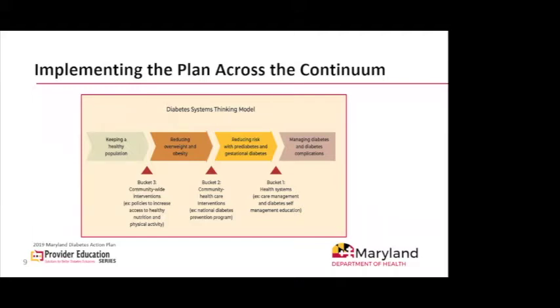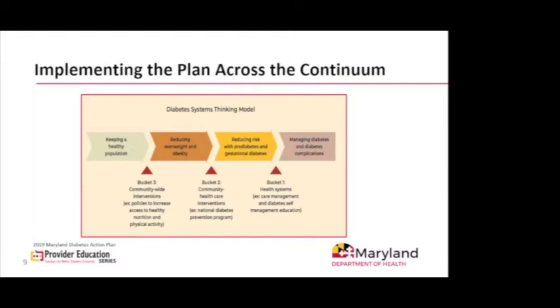So this is yet another depiction of the continuum, but with a slightly different way of looking at the types of interventions planned across the many partner types. State and local government, and even employers and insurers, can have huge impact in bucket 3, which is over to the left, where they can implement or strengthen policies that make it easier for people to access healthy food and incentivize regular, safe physical activity. Actions in bucket 2 include expanding availability and enrollment in community-based programs like the National Diabetes Prevention Program, which should decrease the number of people who progress to diagnosed diabetes on the far right.